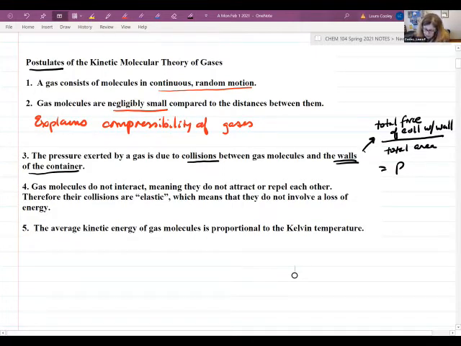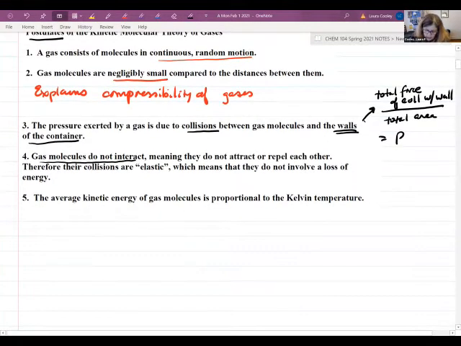Anyway, another thing is that gas molecules do not interact in this theory. They're really too far apart to attract or repel each other. But this starts to change as they get very close to each other, as you might imagine. And here is a very important postulate. I would say this is the most important one,